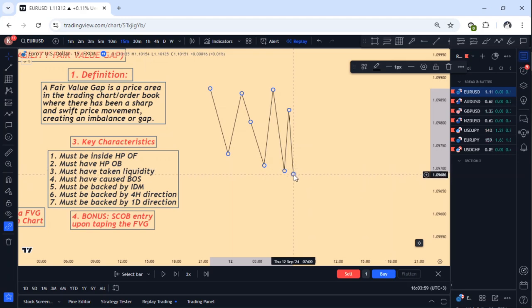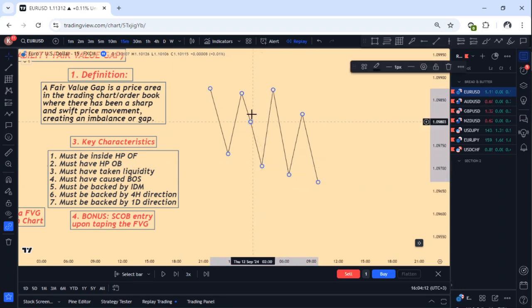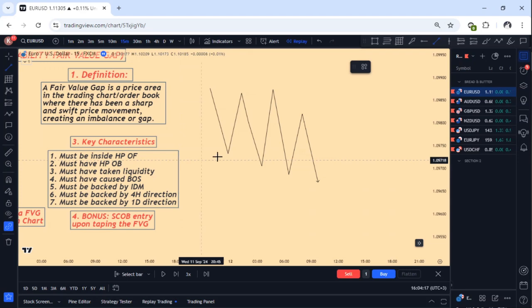So let's make it simple for everyone. Let me explain using this diagram what just happened here. 15 minutes was selling,